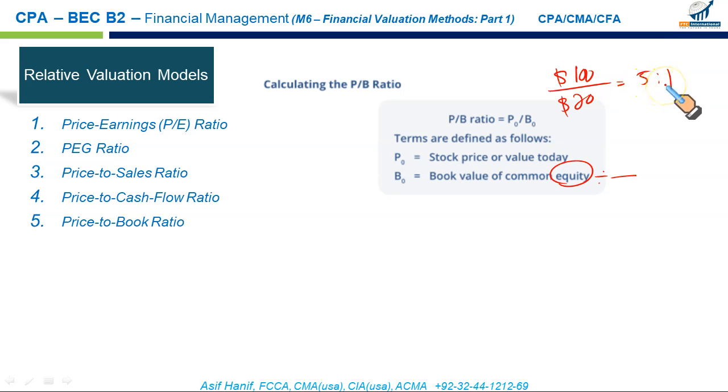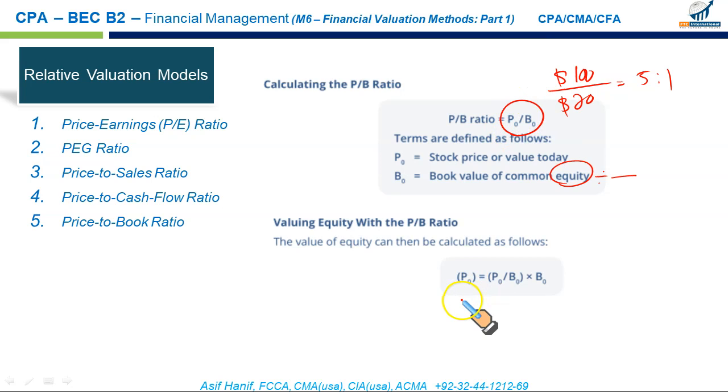It is very, very unlikely that your book value per share would be the same as the market value per share, because the market value depends upon many, many factors, the company's prospects, the company's future potential, whereas the book value per share is just taken from the books, common equity divided by the number of shares. We can use this model to calculate the price also by rearranging the formula. To predict the price, take the PB ratio, price to book ratio, and multiply it with the book value.